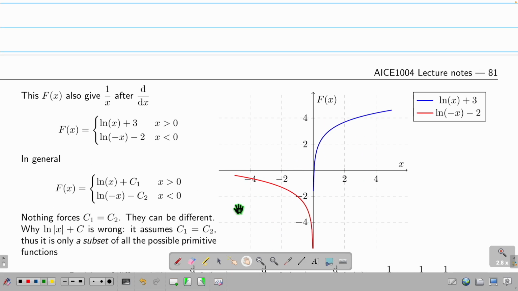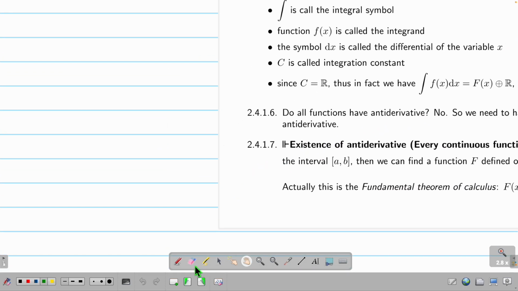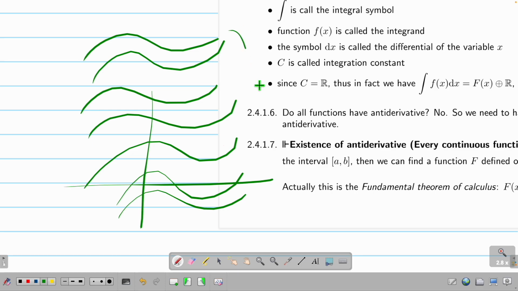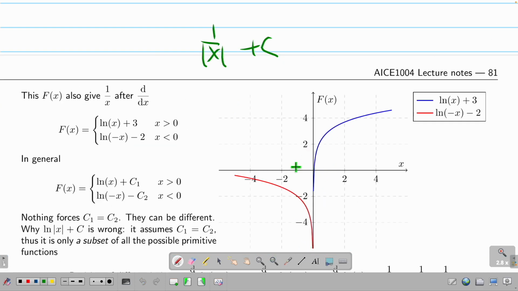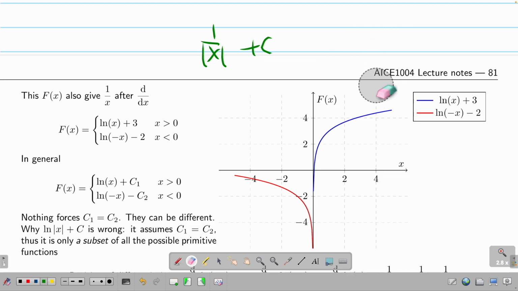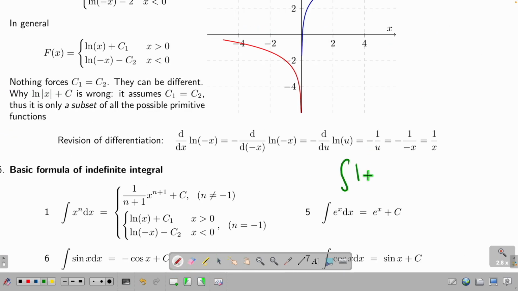The picture is like this. If you are saying we have this, you are saying these two curves are mirror images of each other. But previously, I just said what is integration? Integration, oh, I cleaned the picture. Integration, you said that I have this, right? I have a bunch of things. That means this is a bunch of functions. It's not one function. So if you are saying that this red and blue are mirror images of each other, you are ignoring the fact that it's a bunch of functions. And furthermore, nobody said these two bunches of functions have to be mirror images. They can be free. And since the antiderivative is defined as a set,